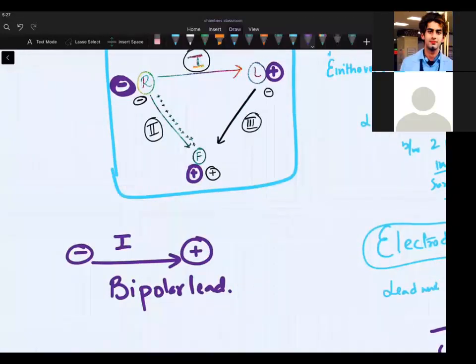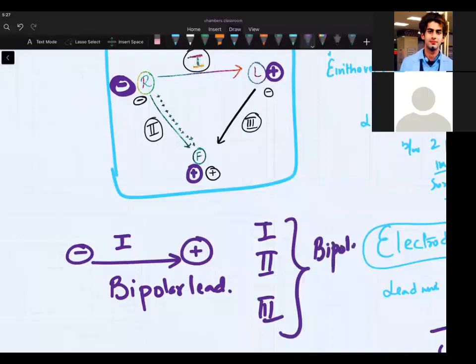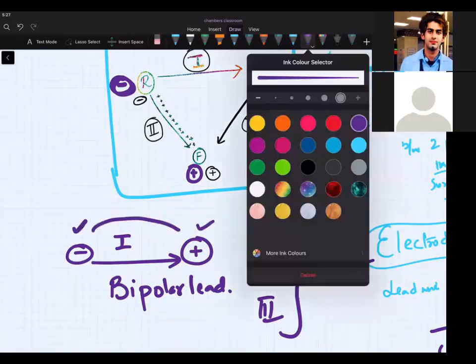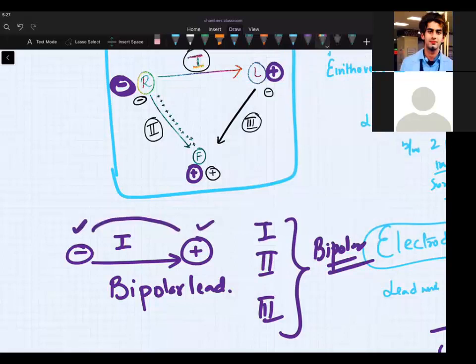So a bipolar lead is this lead. Can I say lead 1, lead 2, lead 3, these are all bipolar leads? Are we able to understand the meaning of bipolar leads? If I make a negative and a positive, can I say that you are measuring the potential difference between the two points? Wow, your physics concept.